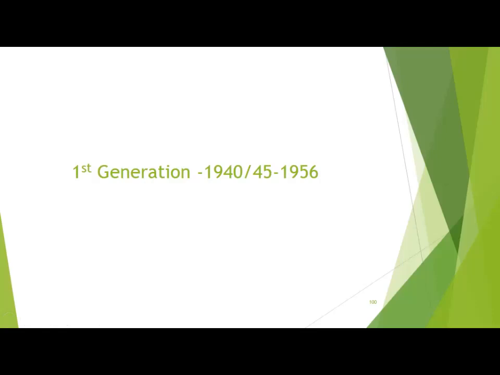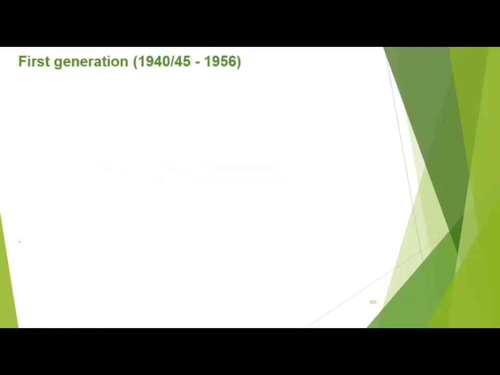Now today we are going to discuss first generation computers. First generation computers were introduced from 1940 or 45 to 1946, and as I told you, they were introduced on the basis of the vacuum tube. I have already told you about a vacuum tube. It is a kind of electronic switch used to regulate current in the machine, or it controls the flow of current in the computer machine. First generation started in 1945 or 42 to 1956.